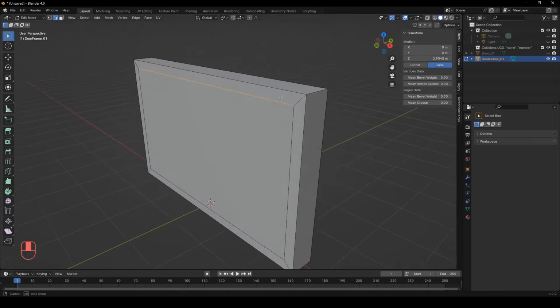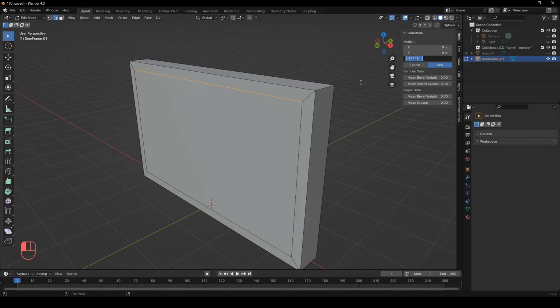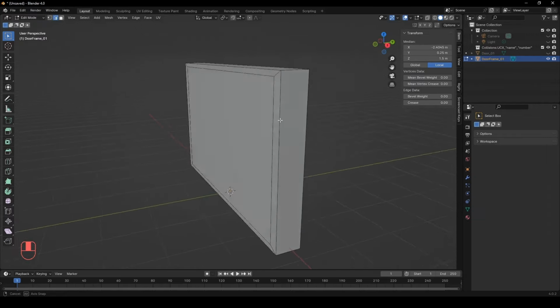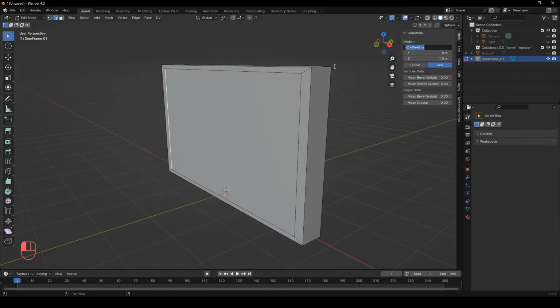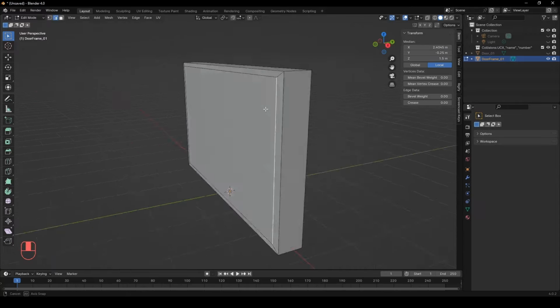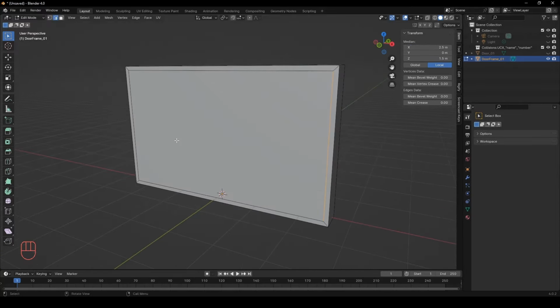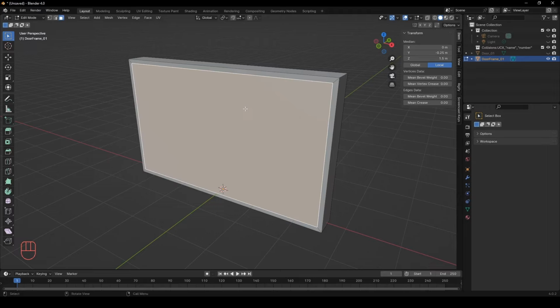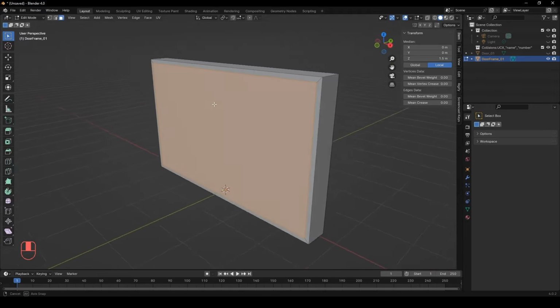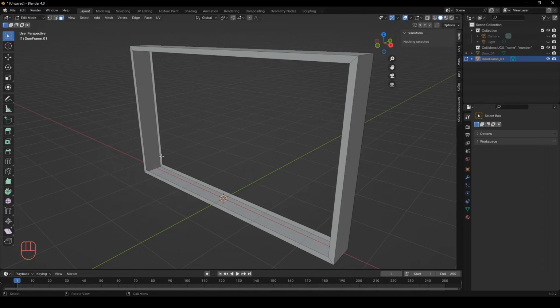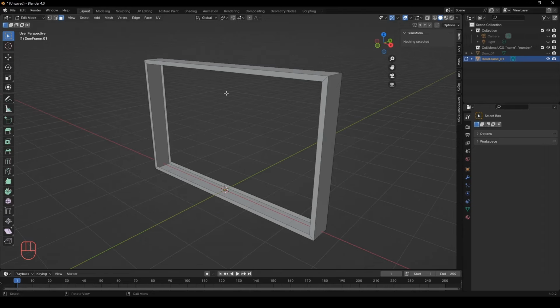Select 2 top lines and set Z in median to 3. Bottom ones set to 0. For side lines set X to 2.5 and -2.5. Select the middle faces on both sides, press X for delete and select faces. Now we got a groove in which the door will slide.